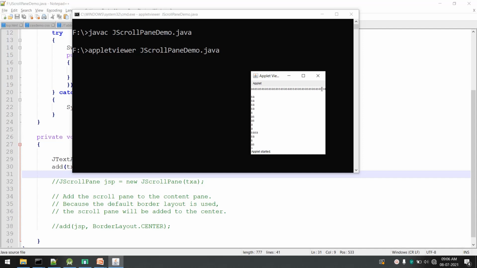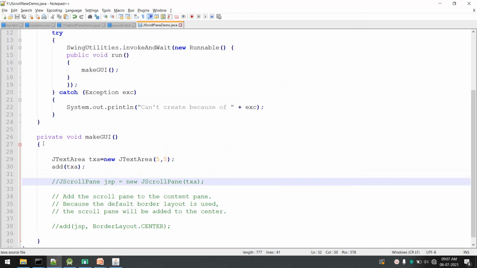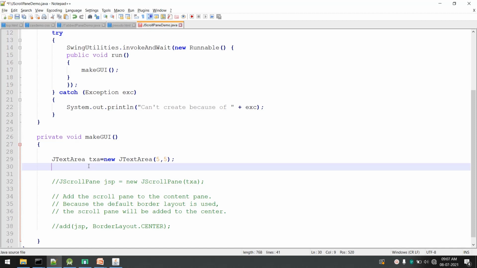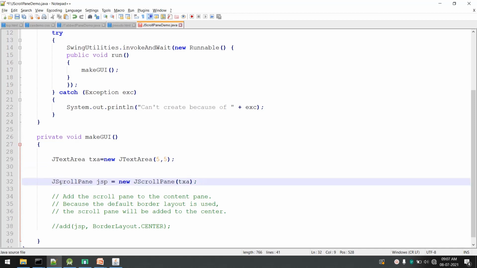Now I'll show you how JScrollPane can be used in such situations. Okay, so I'll just remove this line which adds the text area on the container, and we will create a JScrollPane. I already have the code here.